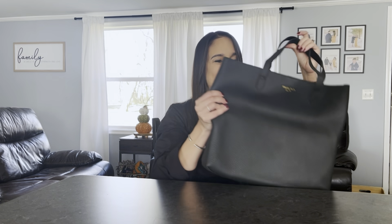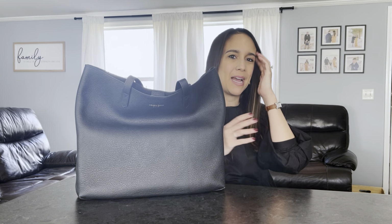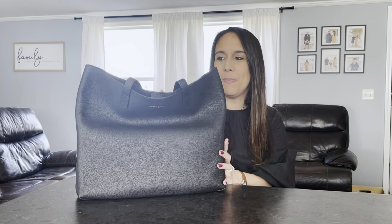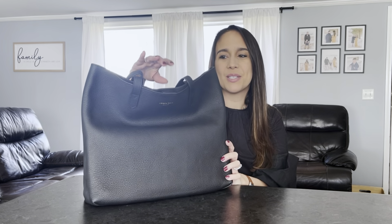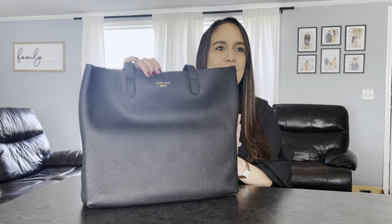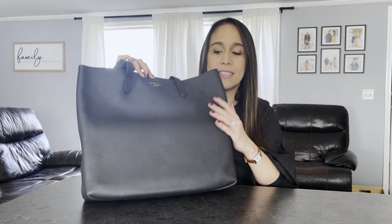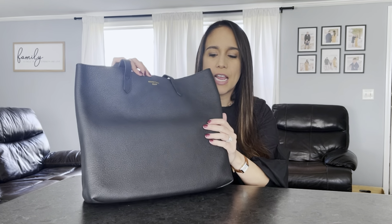The next bag that I want to share with you is what I purchased to somewhat replace my Coach City tote. This is just a beautiful all black leather tote with leather handles. This is from Dress Up Your Purse. Melody is the founder of Dress Up Your Purse, and she has done an exceptional job with her handbags. This is made of Togo leather, so it's nice and smooth and pebbly and slouchy, but it also has